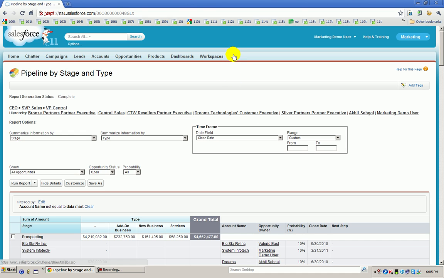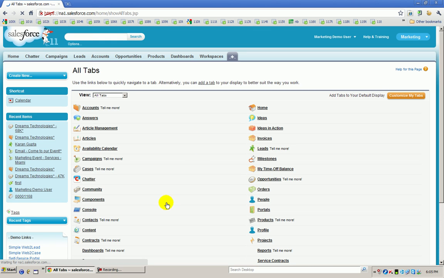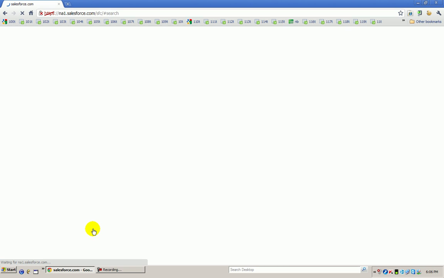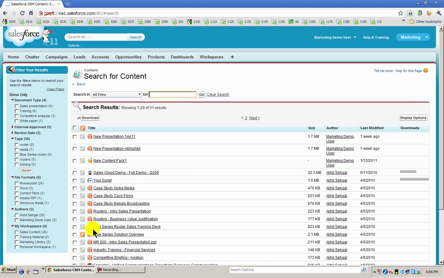One is the content. What is content? Content is your content library where you can upload all your brochures, presentations, product information, materials, everything. Now let's say a customer asks you, give me some ICICI Protect details. Instead of attaching the product information in a mail and sending it, you can just upload it from here.